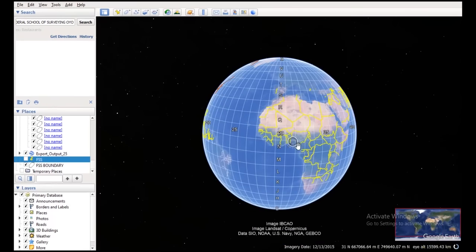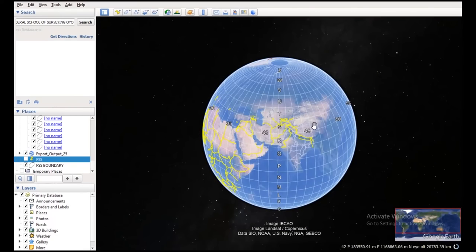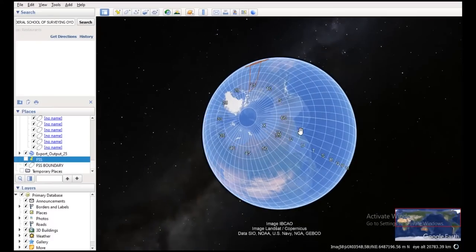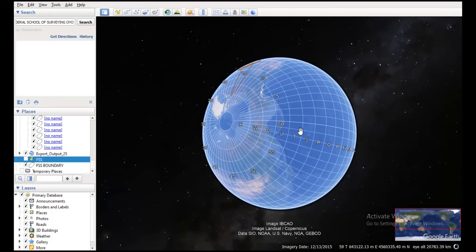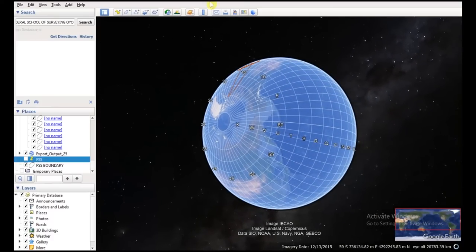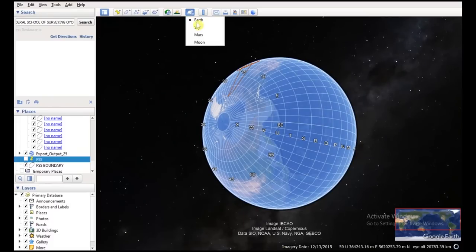Google Earth is in 3D. You can see, it's in 3D. You understand? From here, you can view the sun. You can view the moon. It's very possible. Let me show you. For example, now I can go to